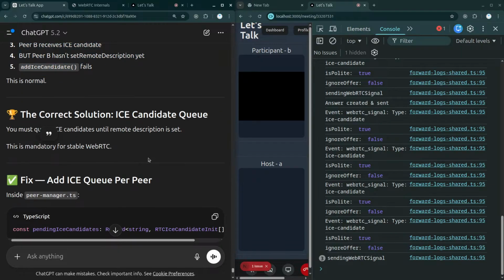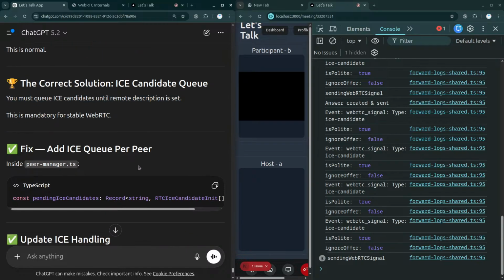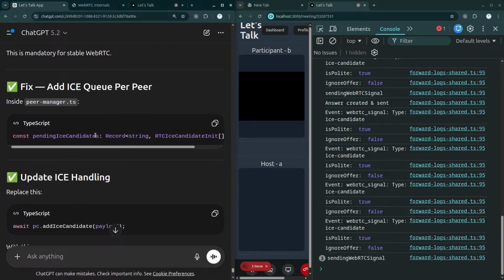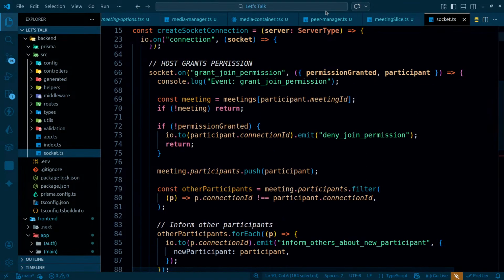The correct solution could be an ICE candidate queue. So you must queue ICE candidates until a remote description is set. This is mandatory for stable WebRTC. So pending ICE candidates, I need to have them. So inside peer manager, let's simply copy it. Don't really have a lot of time to just write the things. So inside peer manager,